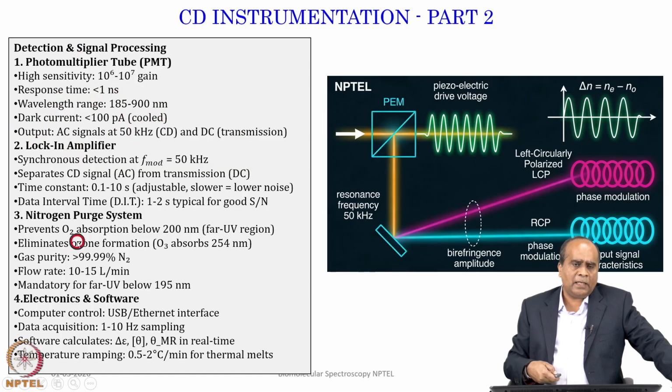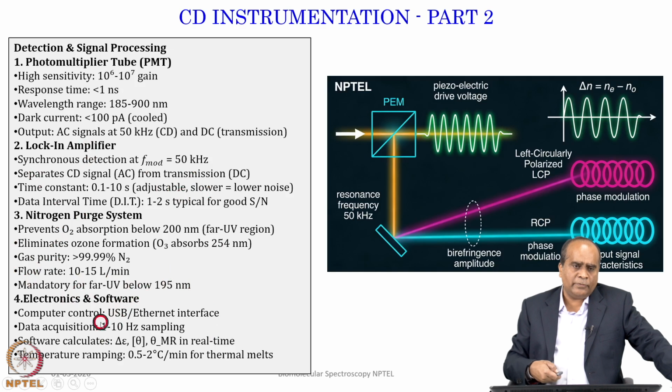Then you can have a lock-in amplifier. Then an important part, because we are working in a UV regime, constantly this has to be purged with nitrogen, because oxygen is present, right. Oxygen can also absorb in the range of 200 nanometer. So, we do not want oxygen to be there. So, we purge with nitrogen, right. It can eliminate the ozone formation that can happen. If the UV light falls on oxygen, it becomes ozone, and that can interfere with our signal. So, constantly we purge with nitrogen, right, to make it an inert environment,